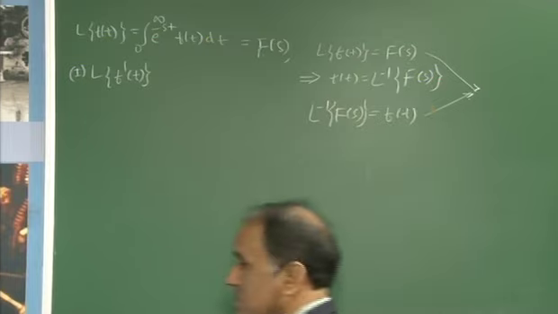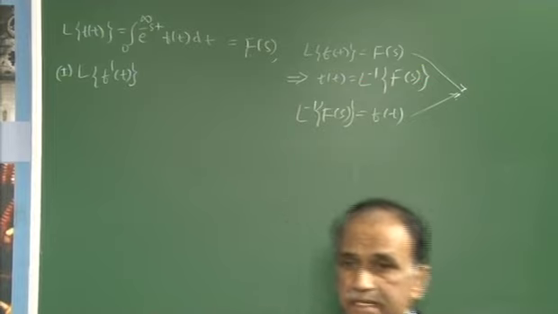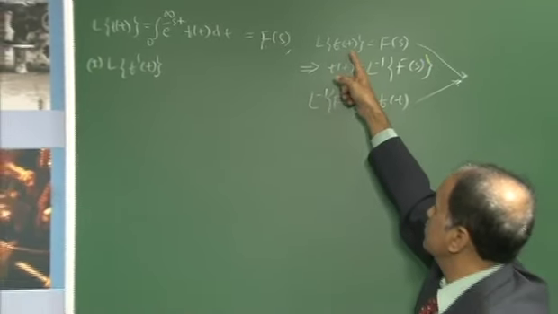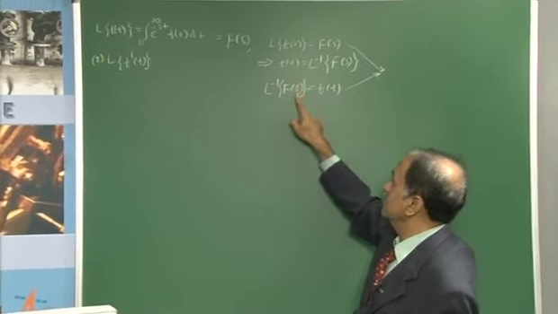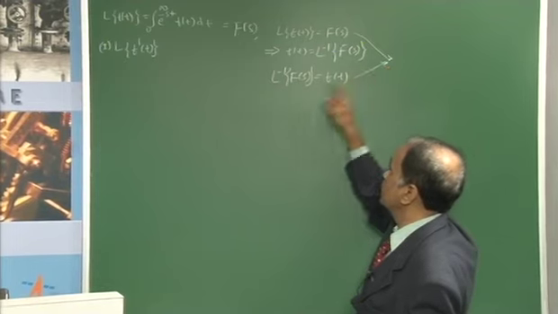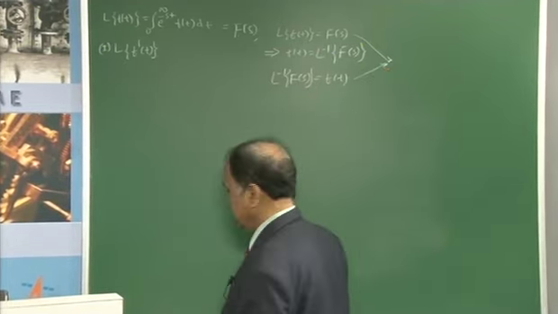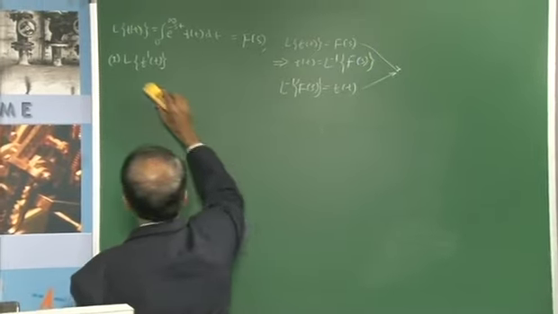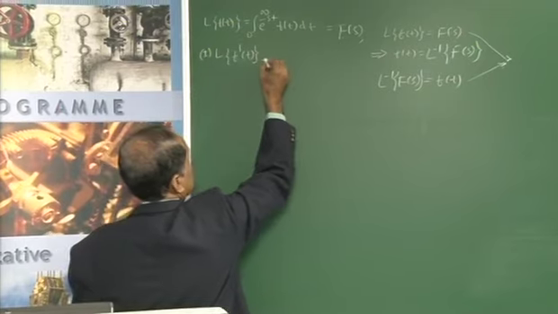That means what you have to conclude during this discussion is, if you are given in terms of t, you have to write the answer in terms of s. If you are given in terms of s, you need to write the answer in terms of t. This is by direct Laplace transform and this is by inverse Laplace transform. Right. The first result goes like this, L of f dash of t, and using this basic definition you write